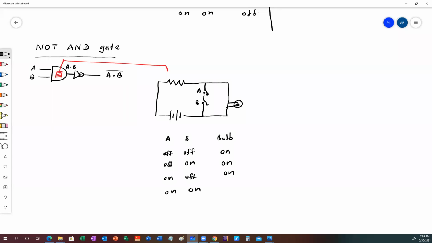On, on. The circuit breaks. Both switches complete, so a short circuit, then off. Then off. So the truth table is